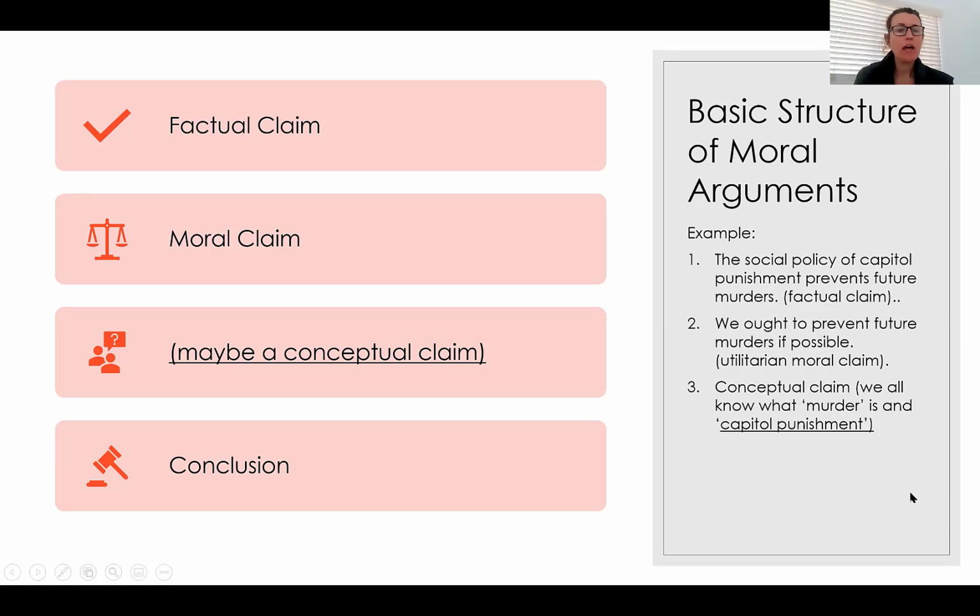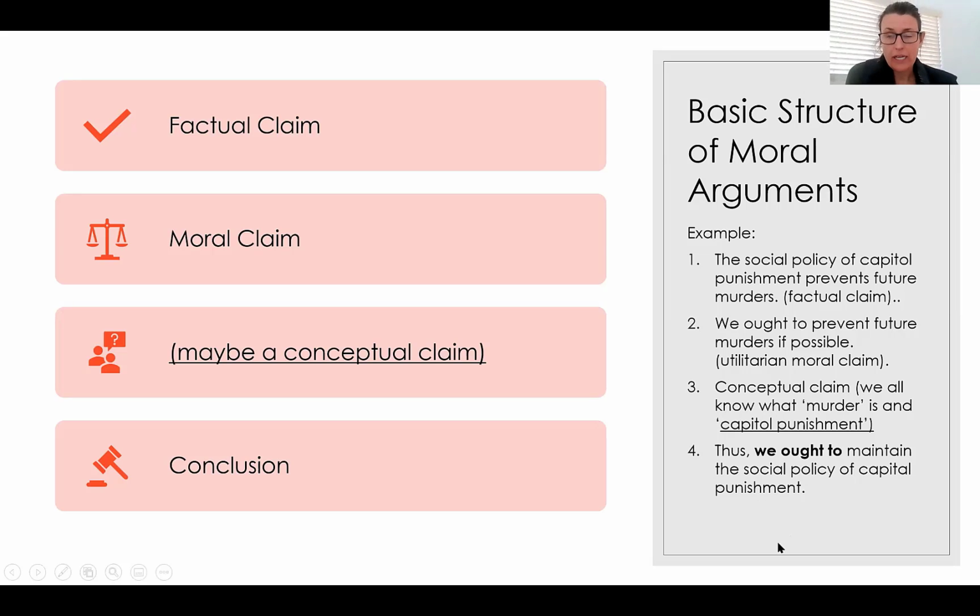Okay. Then there may be a conceptual claim. In this case, we all know what murder is, and we all know what capital punishment is. So there's not a concept or word that we need to define. Maybe, depending on the context, you might want to say, well, what kind of capital punishment are you talking about? I think we all know, it's the kind of capital punishment that certain states have in the United States. Okay. And then the conclusion